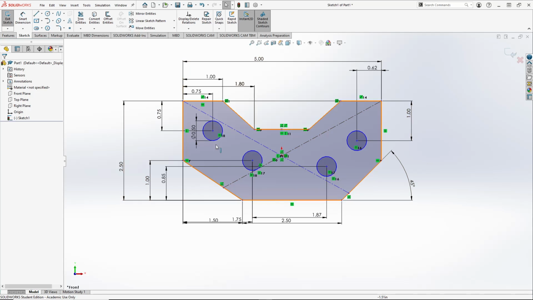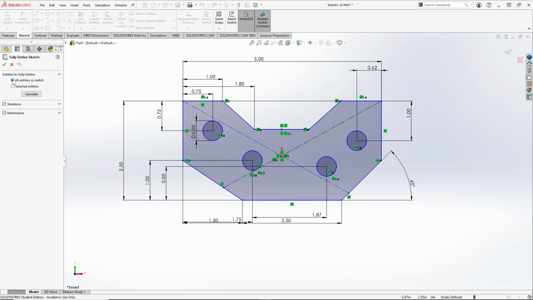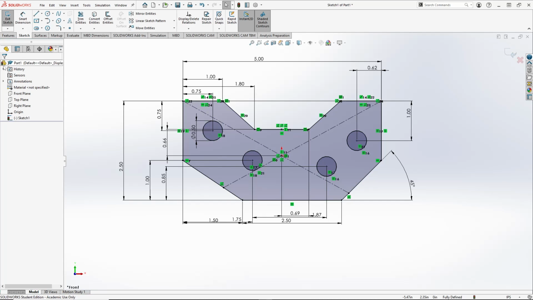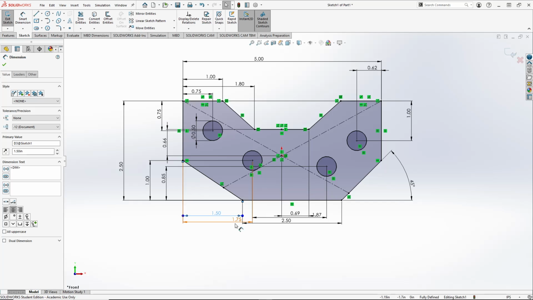So it's blue. For this class, you want it to be fully defined, obviously, and generally you do. So go to Display, Delete Relations, drop-down menu, Fully Defined Sketch, All Entities in Sketch, and check mark. Everything will be defined for you. Now, I'd only make everything black and define it for you if the dimensions you've already added are good enough to define the sketch. If they are not good enough, then you need to,